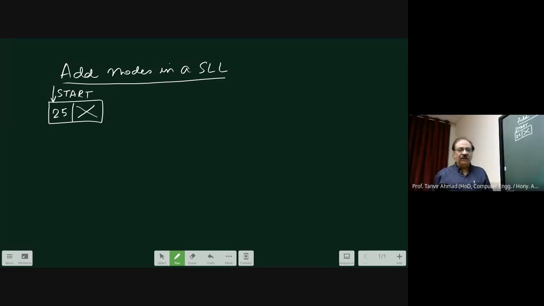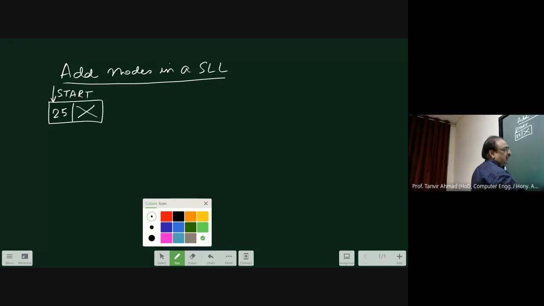Now if I want to add a node in this single linked list, I can do two things. Either I add at the beginning or at the end. Therefore it might be over here like this.